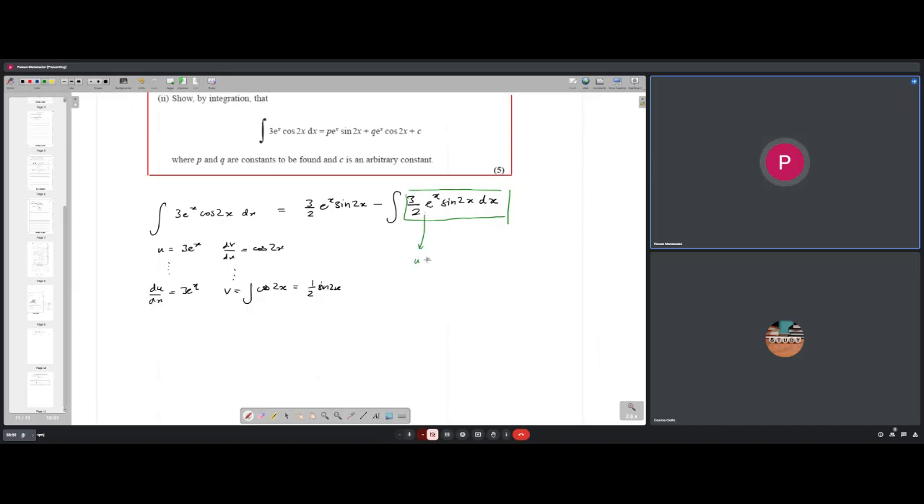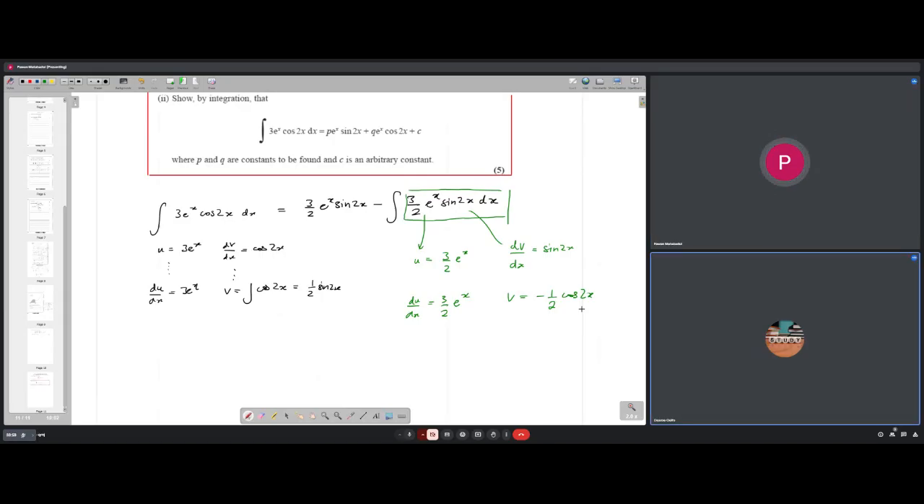So we'll say u is equal to 3 over 2 e to the x. dv over dx is equal to sine 2x, right? So then you would have du over dx is 3 over 2 e to the x. You would have v is equal to minus half of cosine of 2x. Okay? Now,